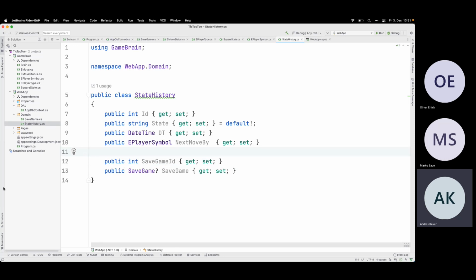Let's hope it's all. Okay, so now I can scaffold my database. Where is my some kind of README? No, solution items is empty. Where is it?